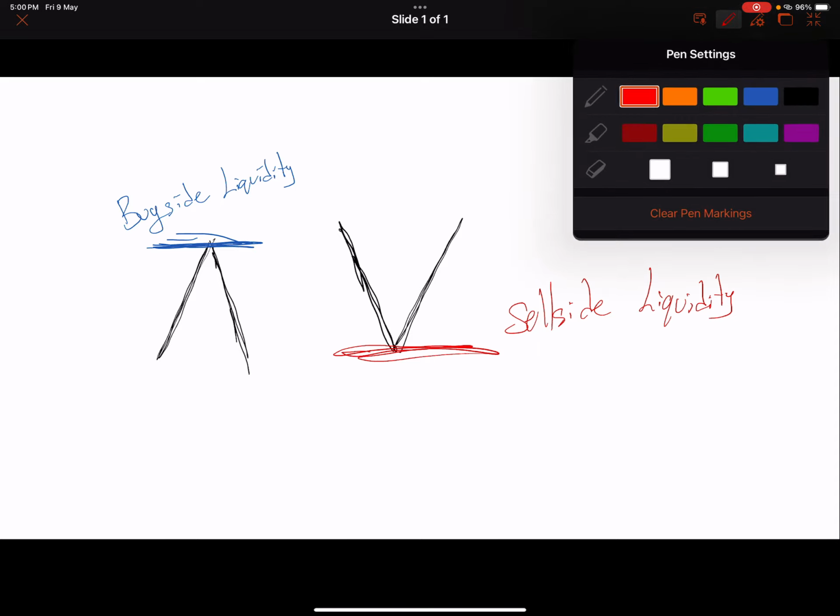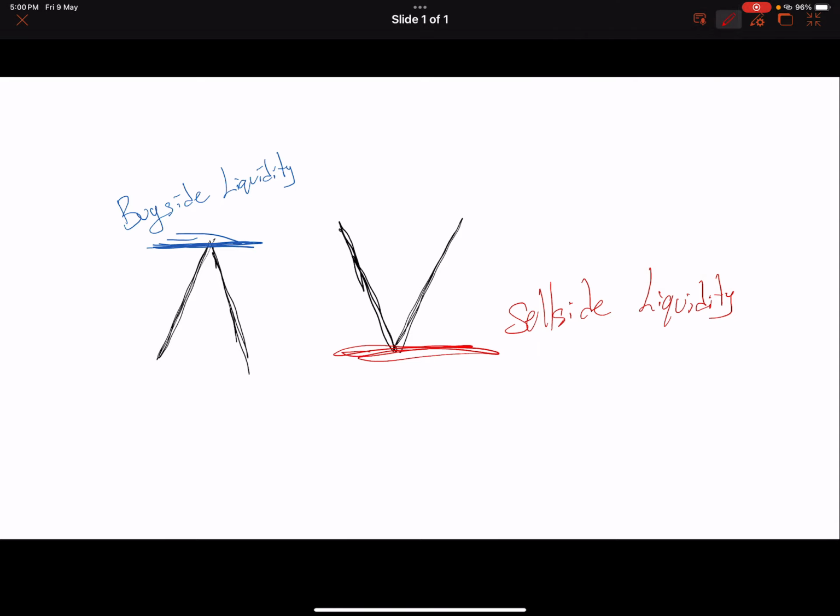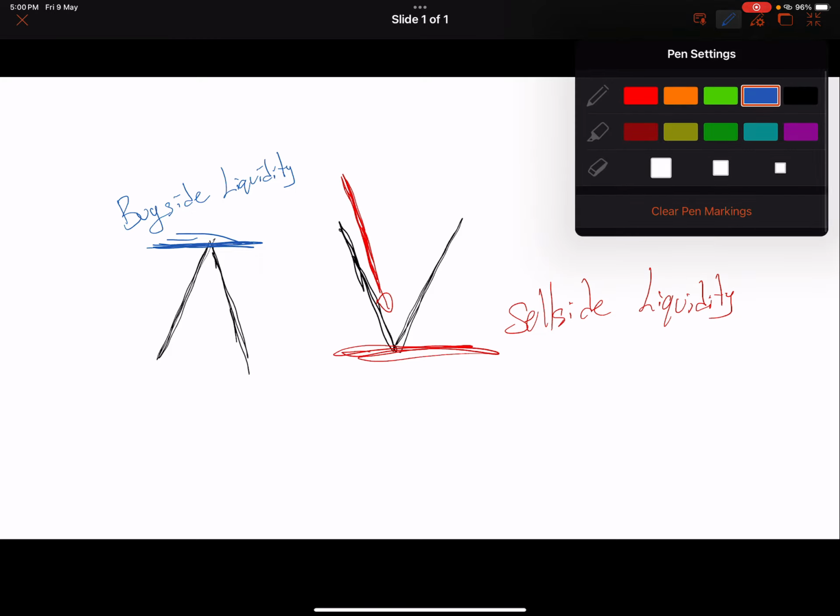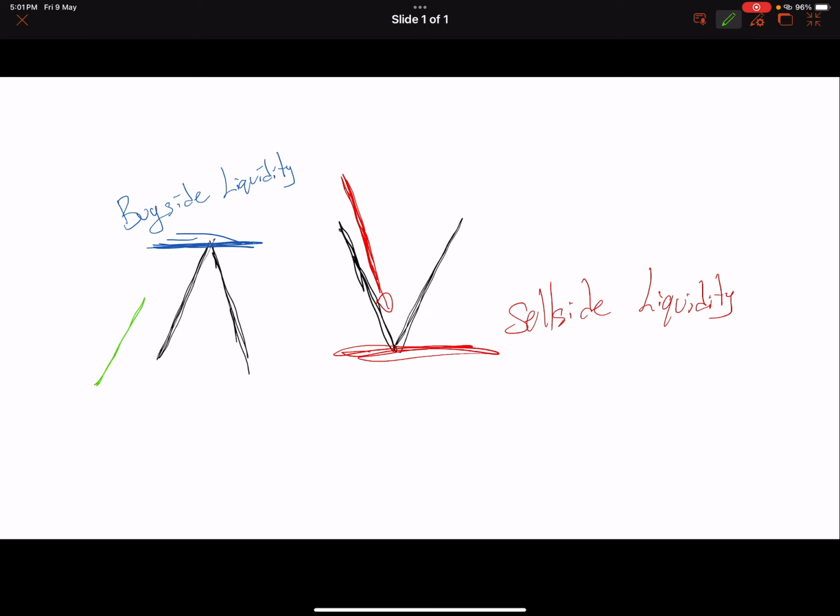There is an area in time that prices are sending their trades lower because the sellers are overcoming the buyers. And when we are going to the upside, I'll choose a different color. Let me go with the green. Whenever we are going to the upside here, the buyers are overcoming the sellers and sending the prices higher. And where do they exit? They exit at the buy side liquidity.